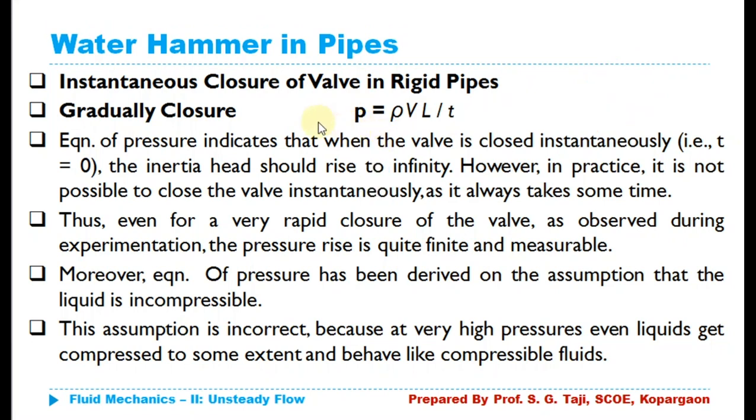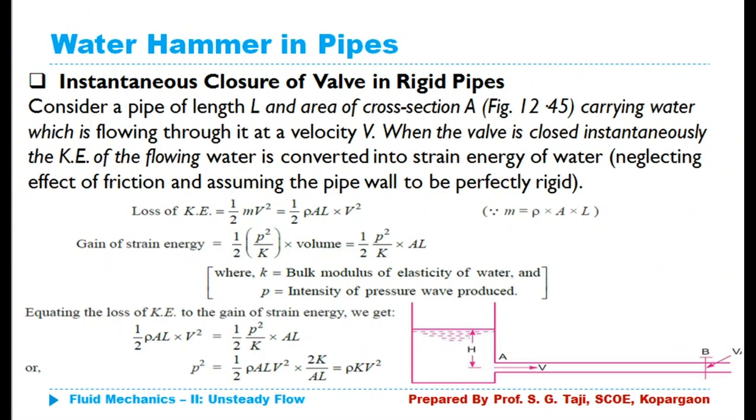So this P always has a certain finite value, and we will continue with our second case, instantaneous closure of the valve in rigid pipes. We have divided this second case into two cases: one is the rigid pipe and another is the elastic pipe, because whenever we consider instantaneous closure, it will obviously be subjected to a higher intensity of pressure, and that pressure rise is going to affect the pipe properties, or the pipe will be subjected to bursting, and that bursting can be controlled by the pipe material by providing proper strain. So we need to consider those conditions as well.